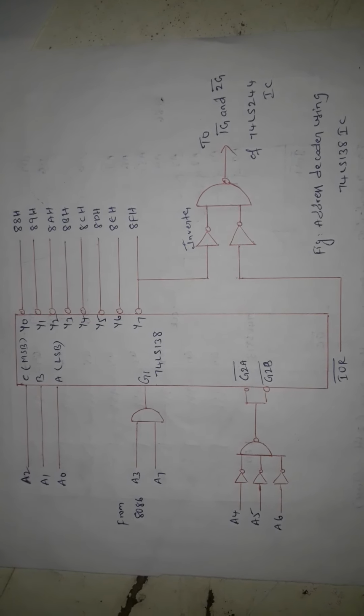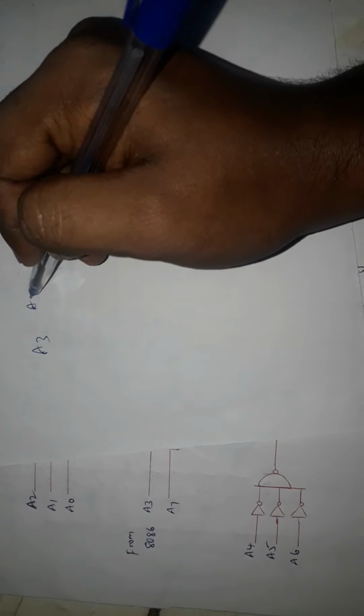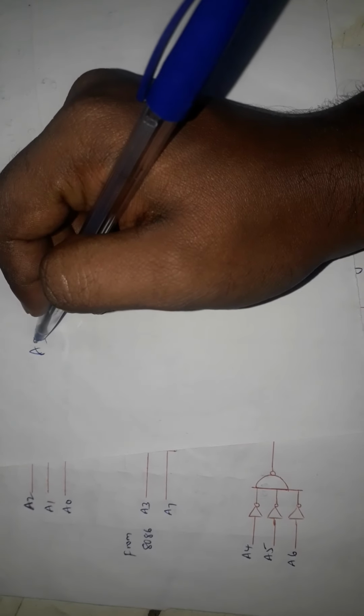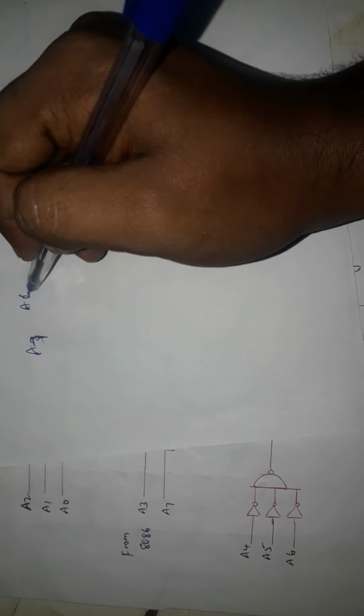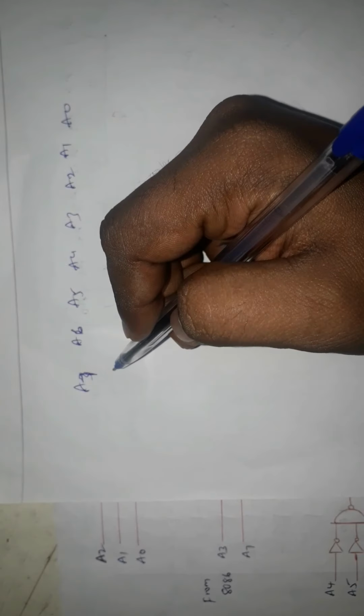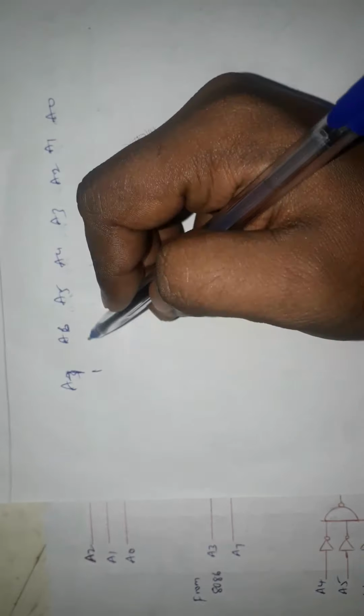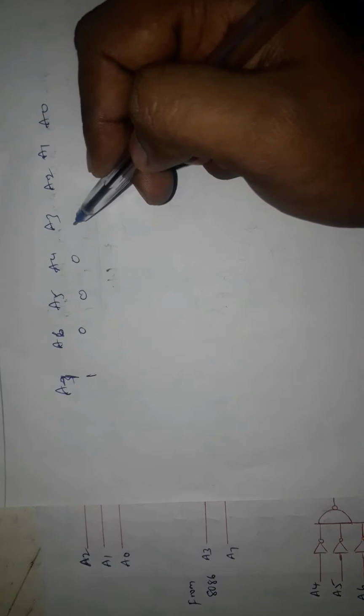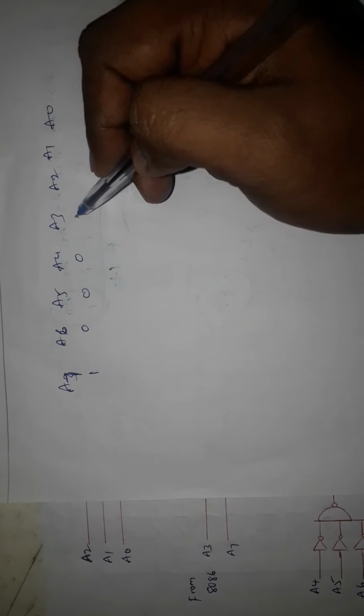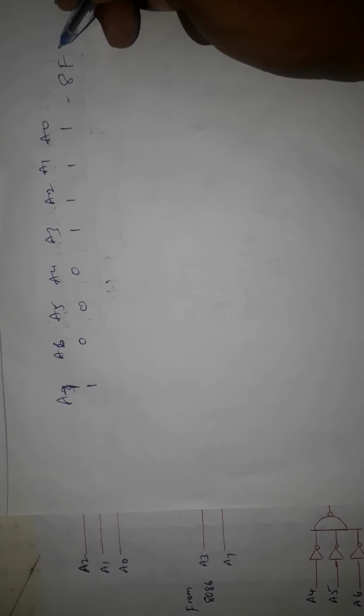So we use all these 6 pins to assign the address. How we are going to do that is, if you want to assign an 8-bit address, just like we have done before, A7, A6, A5, A4, A3, A2, A1, A0. For an 8FH address, we are going to use 100 and then all ones. So this is for the 8FH address.